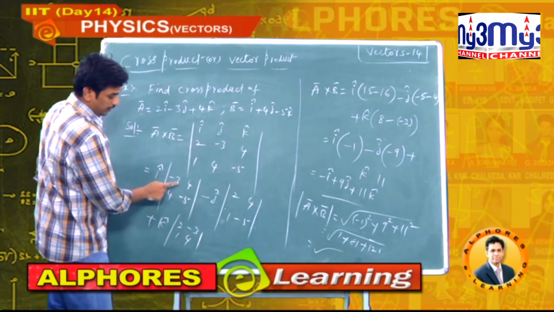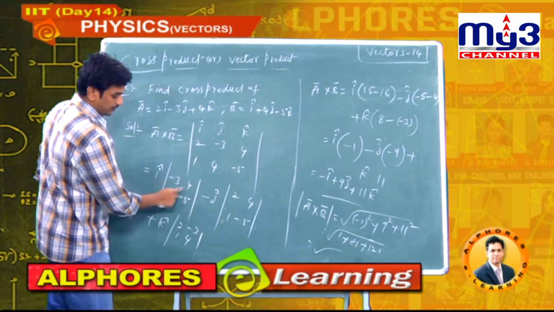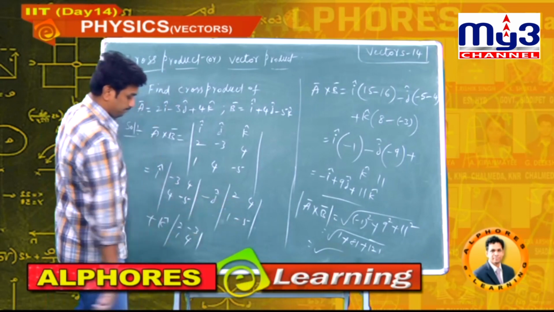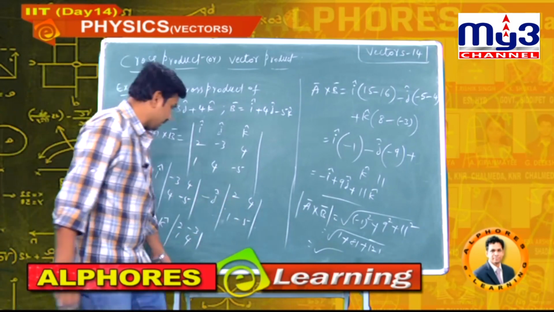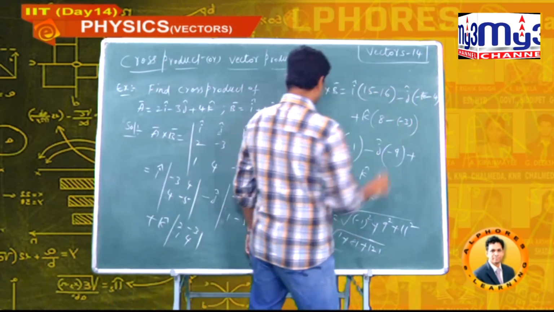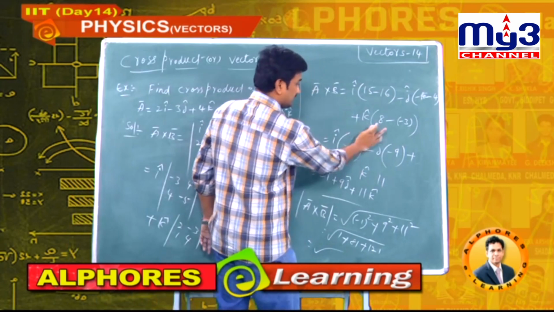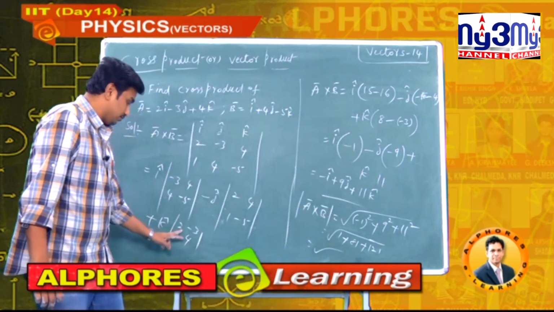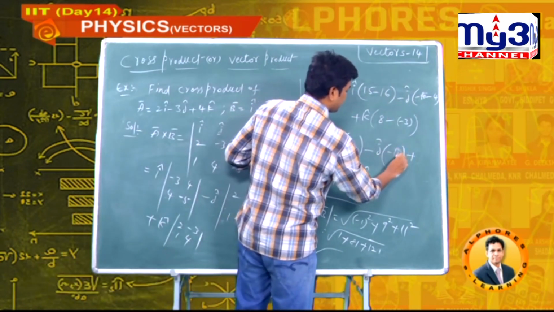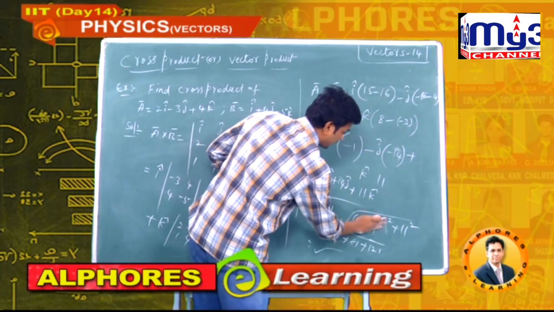Now minus 3 into minus 5, 15. After this minus, you multiply this: 15 minus 16, minus 1. Minus J cap as it is. See here, minus 5 into 2, minus 10, 1 into 4, 4. Third one, 8 minus of minus plus, 8 plus 3, 11. Here minus 10 minus 4, minus 14, minus 14 j cap. So here you will get 14.